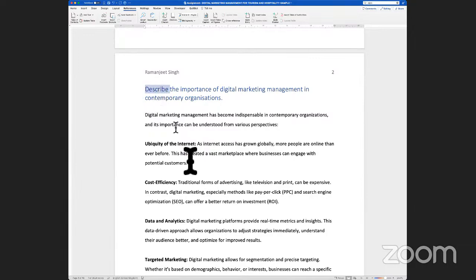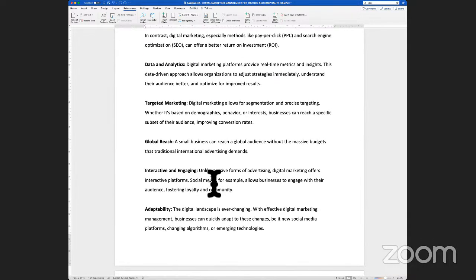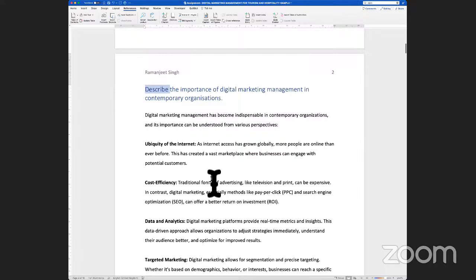Now, describe here means you cannot write bullet points. It has to be done in paragraphs. So when you see a command verb called describe, you're essentially writing about it in paragraphs, because if you use bullet points, that would be classified as explaining. But when it comes to describe, you have to give a very clear description and include all the relevant features. You can think of it as if you're trying to paint a picture with words. And that is why you have to use paragraphs to complete this particular part of the task.